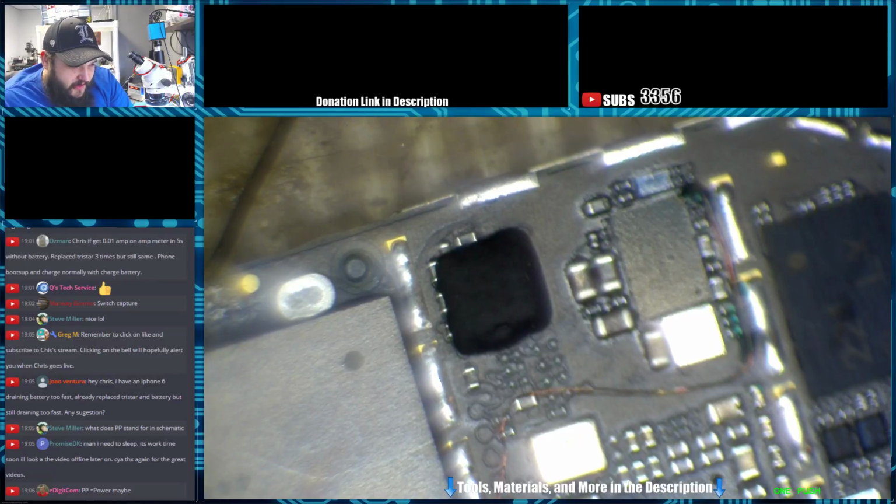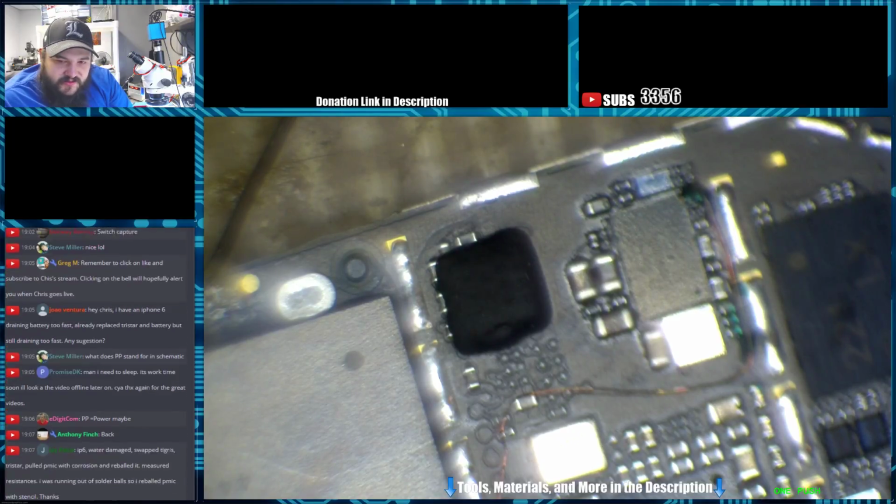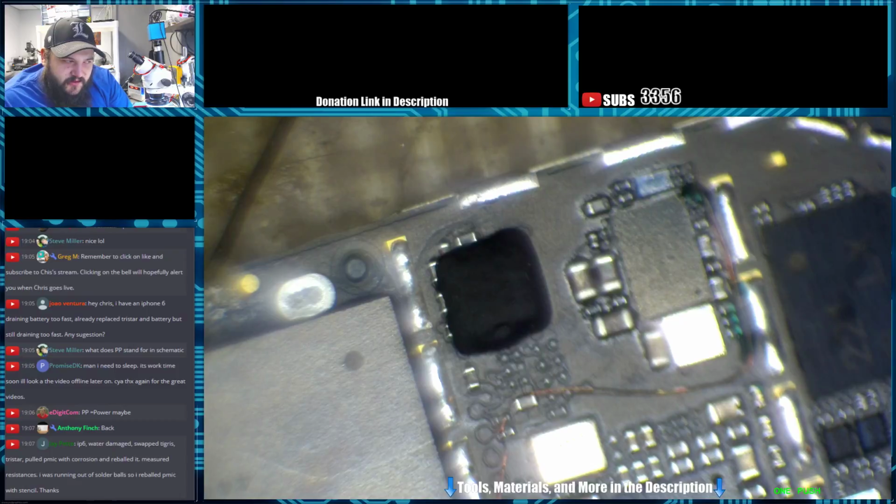One of the other ones that we had was a partial short on one of the cameras. The only reason I found that is because we had some heat. The rear camera wasn't working, I don't think. No, both cameras weren't working. And there was a little heat up top on the LDO. We found out one of the cameras had a partial short inside of it,